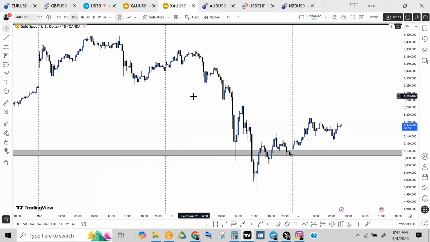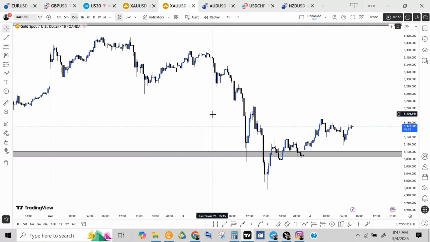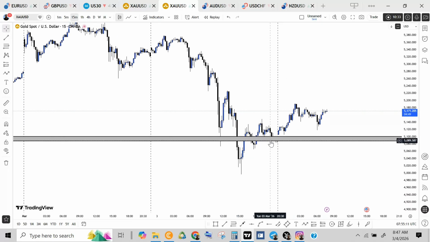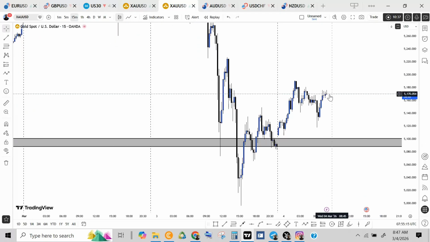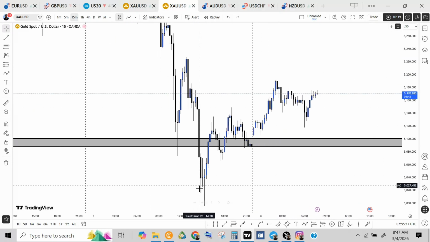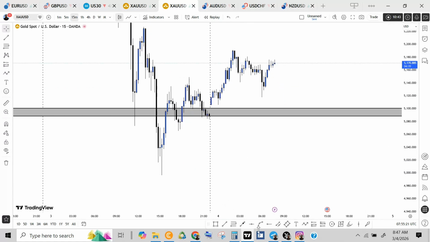Now that you've been able to figure out this thing here, what do you want to do? You want to look for the buys. Remember, this is the support level that we drew on the weekly and the daily time frame. Now we are looking at the structure. We've seen that this market has made lower low, lower high. Remember what I told you. We can only trade